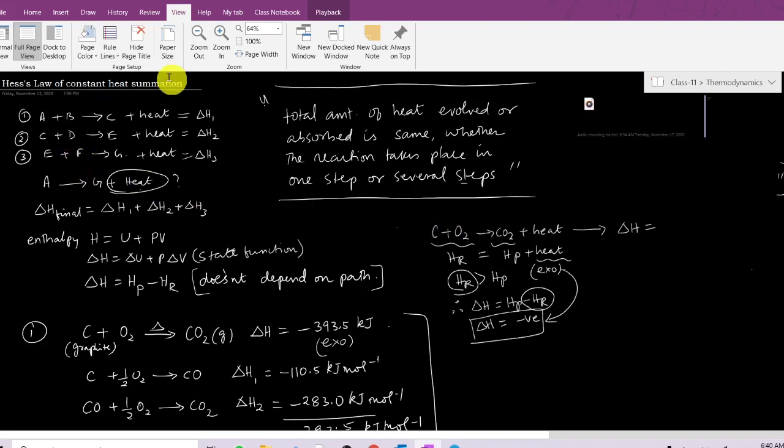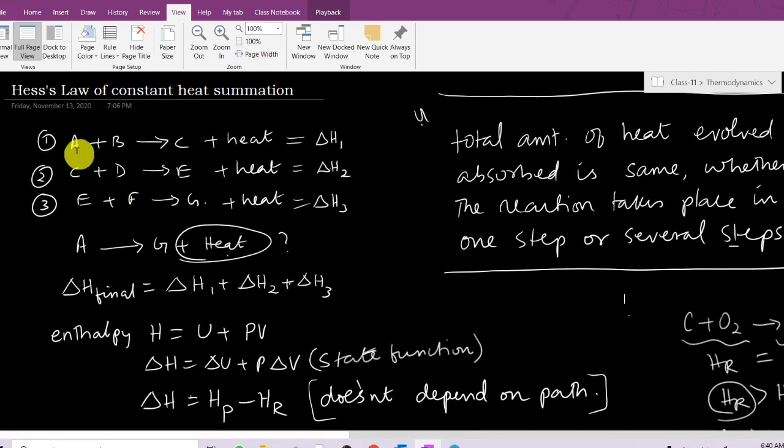Suppose you have three reactions. Say the first reaction is A plus B giving C, and some heat is evolved. The enthalpy change associated with this reaction is, let it be, delta H1. Now the second reaction is C plus D giving E, and some heat is evolved, and delta H2 is the enthalpy change associated with this reaction. And the third reaction is E plus F giving G, and some heat is evolved, and let the enthalpy change be